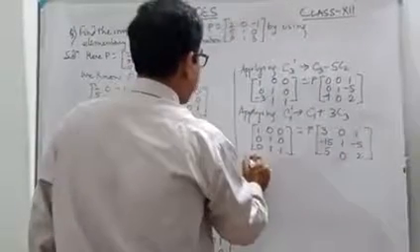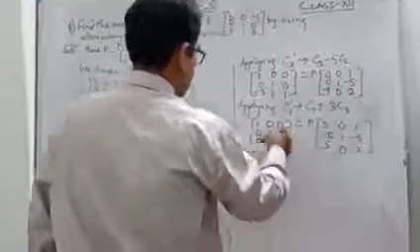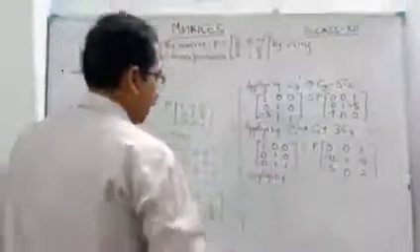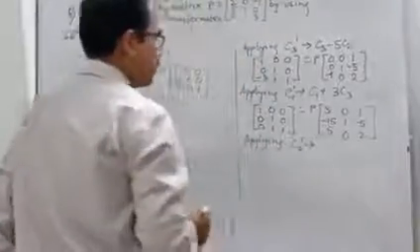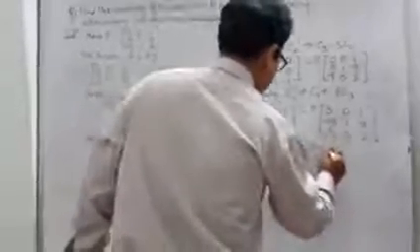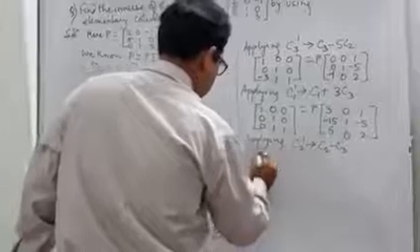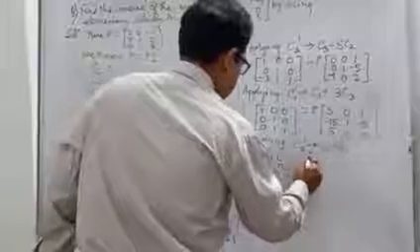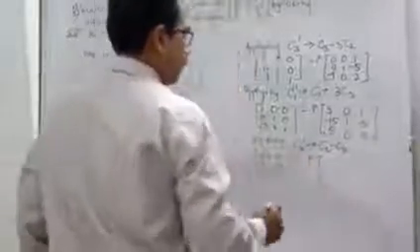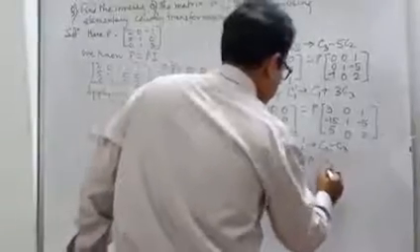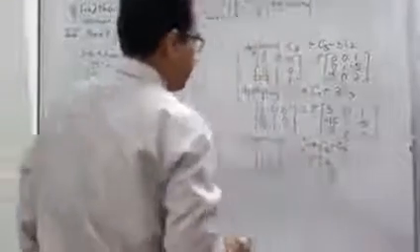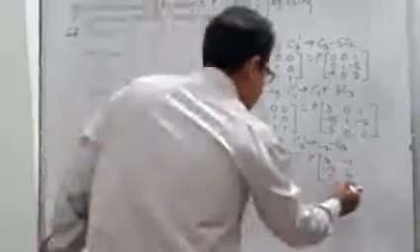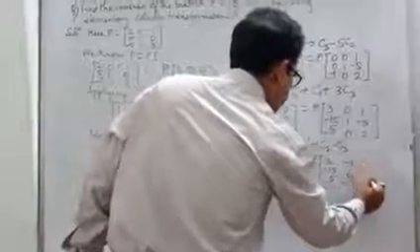Again applying. Now look at here, only this one we have to make 0. So by applying C2 prime, C2 prime tends to C2 minus C3. So 1, 0, 0, 0, 1, 0, 0, 0, 1. And this side what we are getting? This side will be 3 minus 15, 5. Okay. And here it will be minus 1, 6, and minus 2. And this one will be no change.